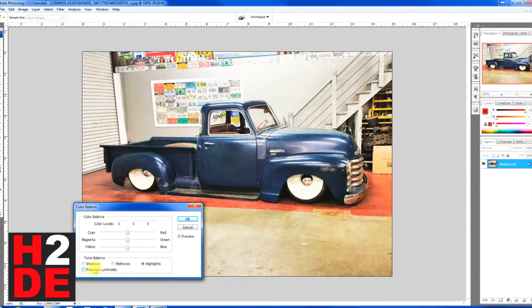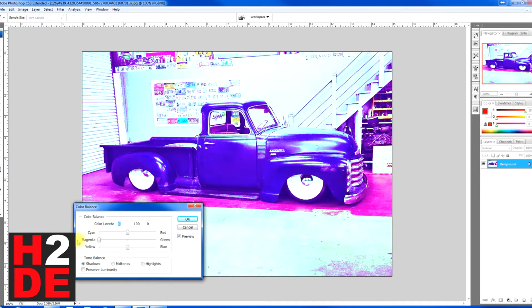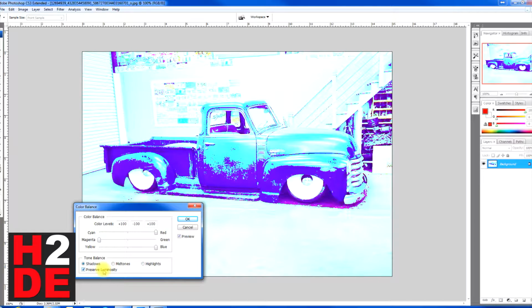And now we can uncheck this preserve luminosity. And you'll see what it does to the image as you start affecting it. It starts becoming kind of whitewashed. Let's go midtones. Right, we start getting some white out areas, and it starts becoming really bold in one color. Now if you watch when we click preserve luminosity, now it's trying to preserve the luminosity